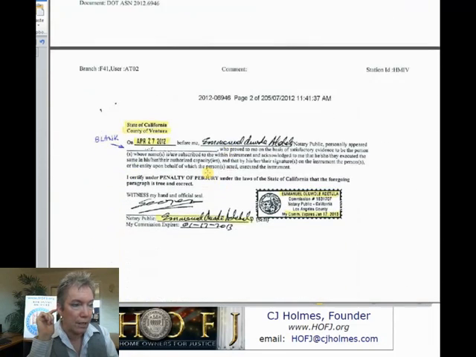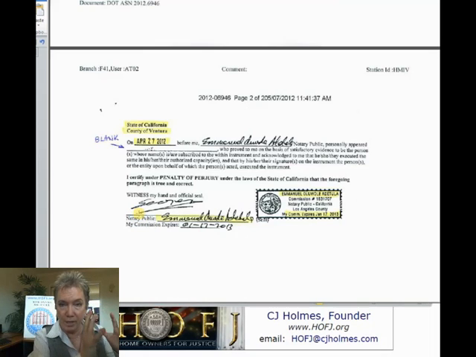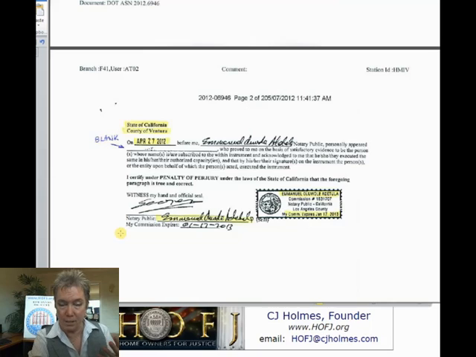Then as we go down into the second page, this is the notary, and we're recommending everybody get the oath, get the original notary signature from the oath if possible. Secretary of State, you can get it by email. Here in California, you have to send in $6 to the Secretary of State. They'll send you back a certified copy, and I do recommend that you get the certified copy of that signature. Send the certifications on the back, so you can still just make copies of it. Send me that signature for each of these notaries